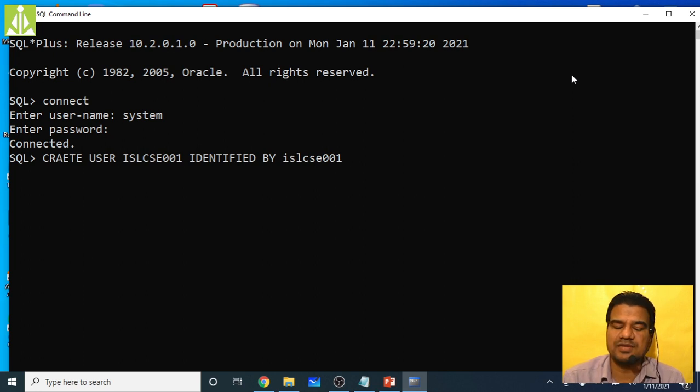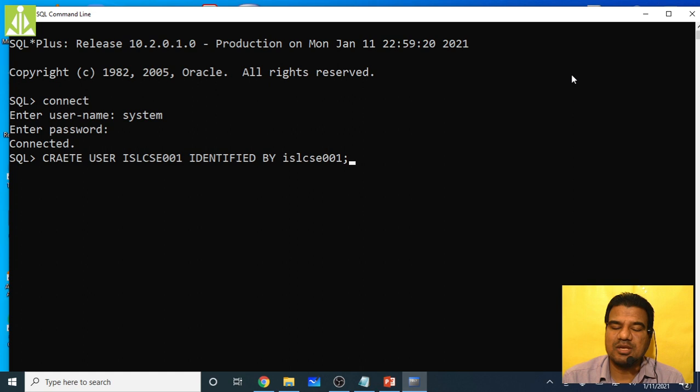That's the standard we said to maintain. If you want something other than that, or some unique password, you can put it over there, no issues. But you have to remember it, because if you forget the password, you have to delete that user and create a new user. So in order to have simplicity, we are following this type of standard.